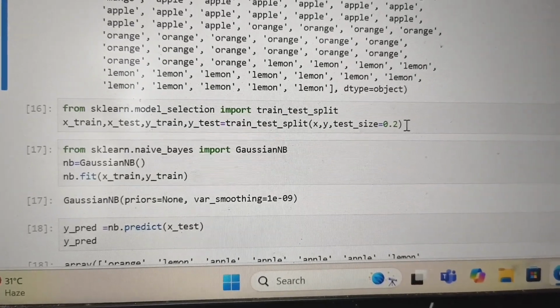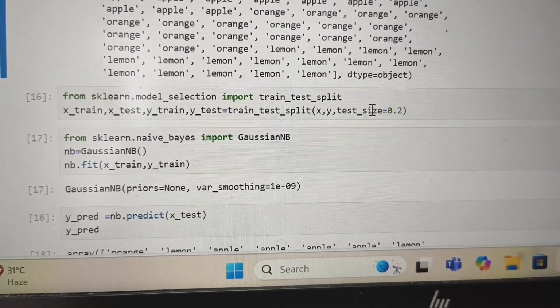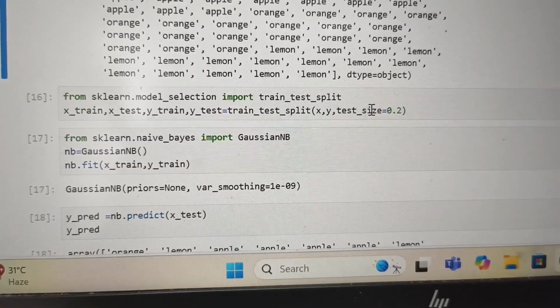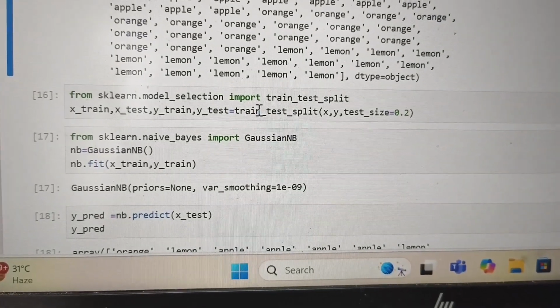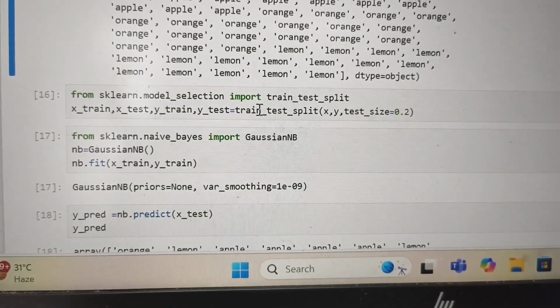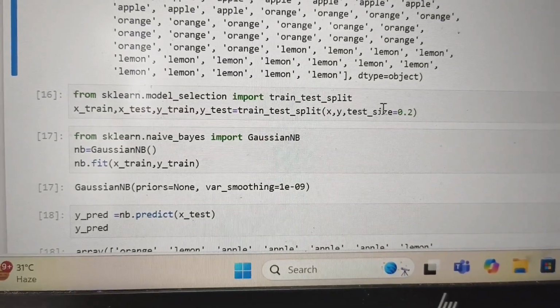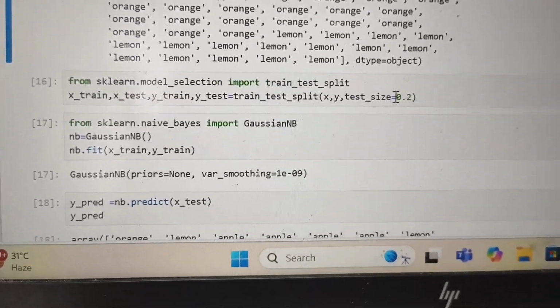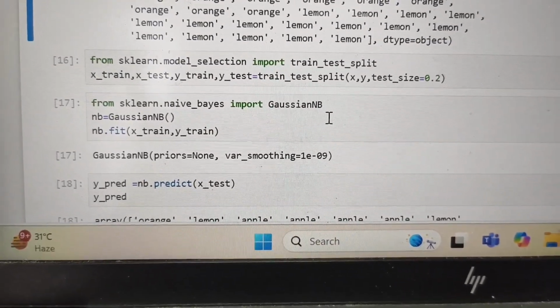It means 20% of the data I am going to use for testing and the remaining 80% for training. So to train the model, we use 80% of the data, and 20% is used for testing purposes.